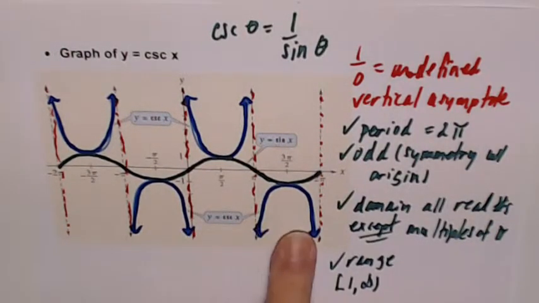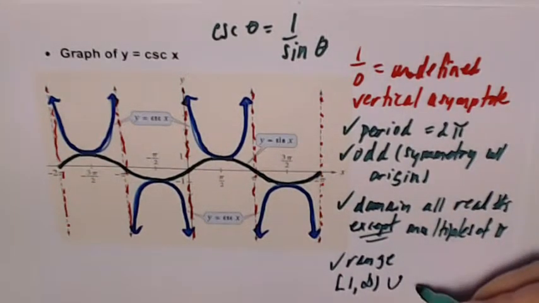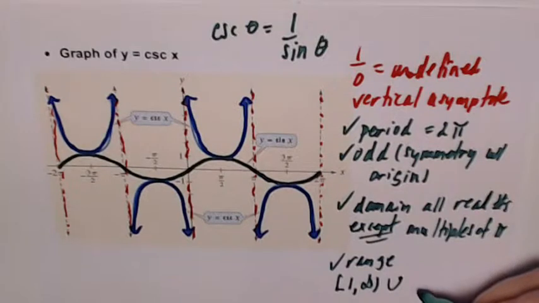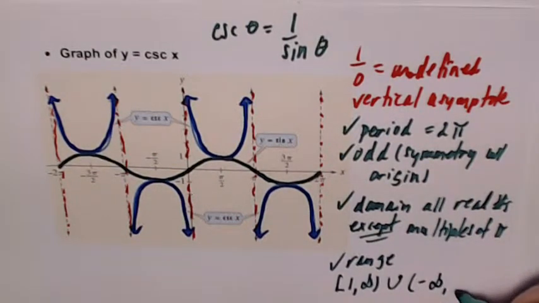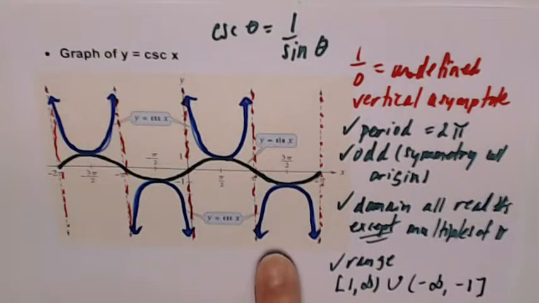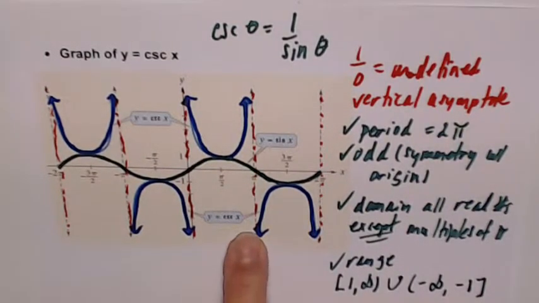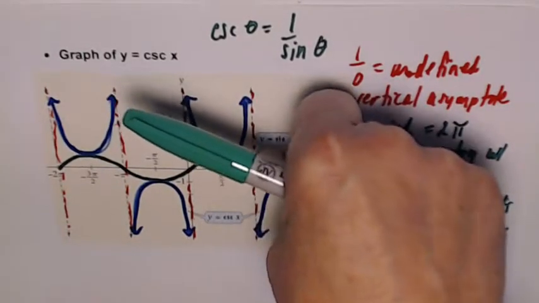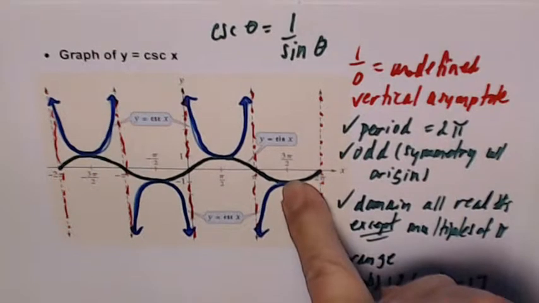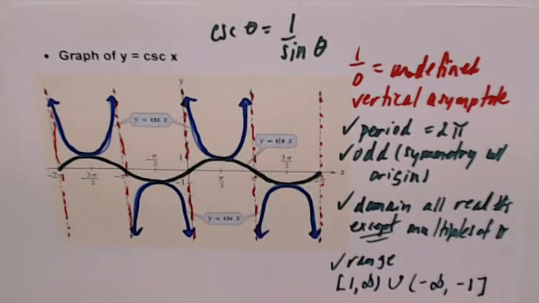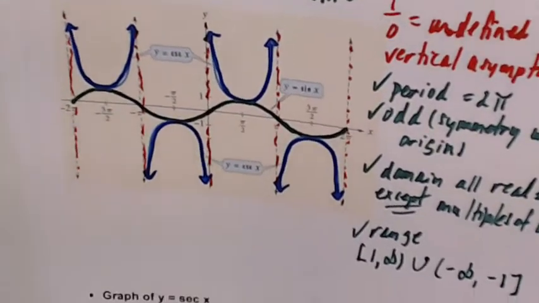Then in these situations, our range here, and I'm going to show this with this union symbol, we start at, well, saying this backwards here, we really start at negative infinity and then increase to negative 1, or start, if you say it the other way, here's our maximum of negative 1, and then we decrease to negative infinity. So our range and domain are quite different from our sine function. So now let's take a look at the